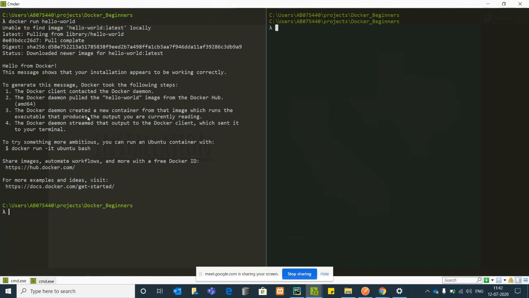Now from this image it will create a container. The Docker daemon created a new container from that image which runs the executable that produces the output you are currently reading. The Docker daemon streams that output to the Docker client, which sent it to your terminal.